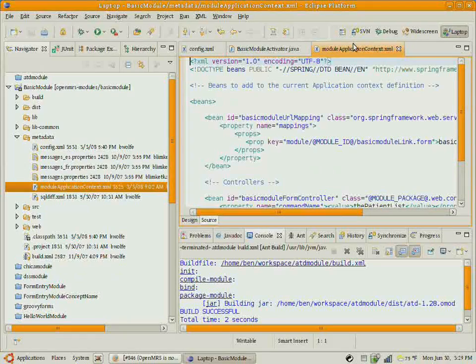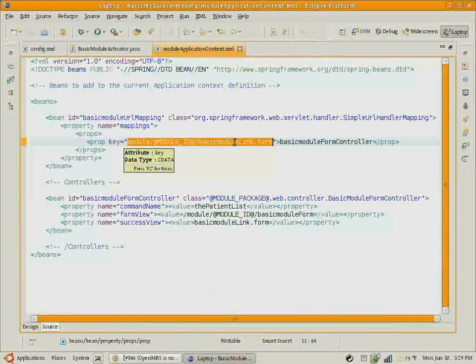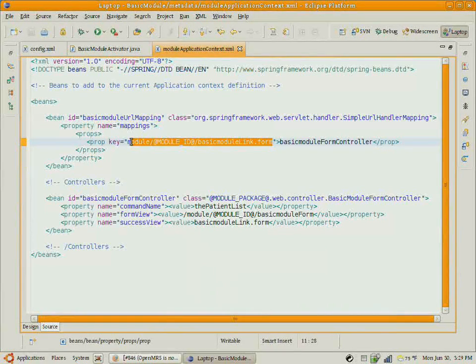The module application context is really just a Spring application context that your module can define, and it allows you to map your JSP pages to controllers to let you run some Java code behind a JSP page. So this URL mapping creates this link inside of OpenMRS. So once you load your module and you go to this link here, this controller